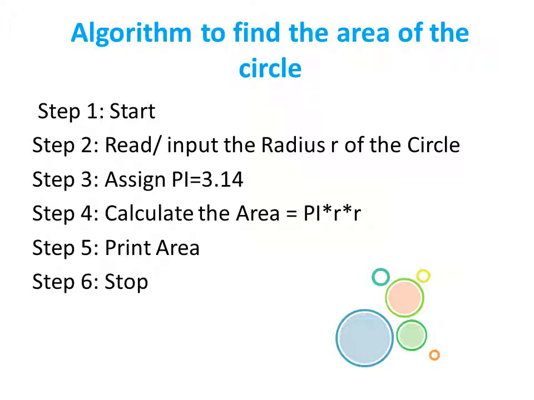Let us see one example algorithm for finding the area of a circle. Here I am using the formula pi r square, so I get the radius from the user, and for the pi value I assign 3.14 to the variable pi. In step number 4 I apply the formula pi r square, calculating the area as equal to pi into r into r. After calculating that, we have to display the result, so I use the line print area. Now my algorithm is over, so I use the word stop to represent the termination of that algorithm.